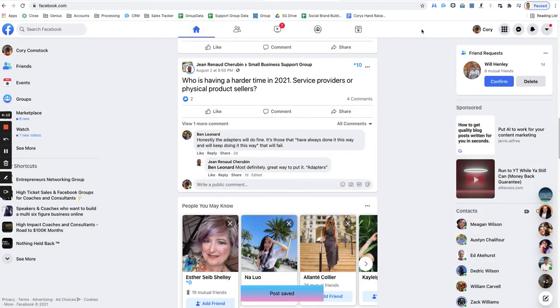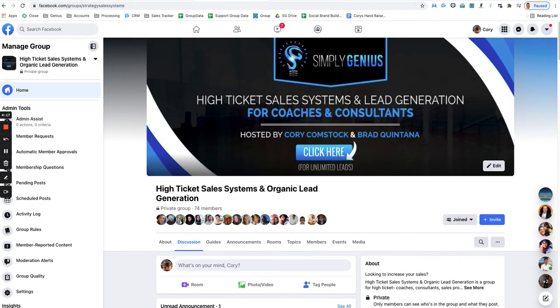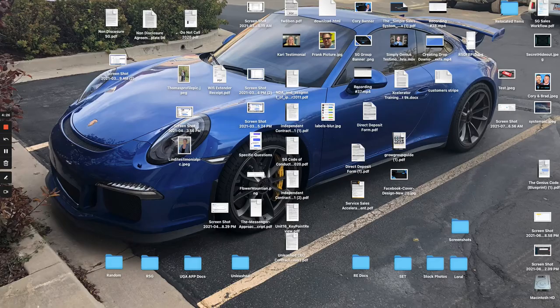The thing that's so cool about this, you guys, is I'm able to go back into the tool and it's going to have those posts saved. And I can literally go in and schedule a date and time right now for that exact post, or I can pull that post up, manipulate it, change it a little bit.